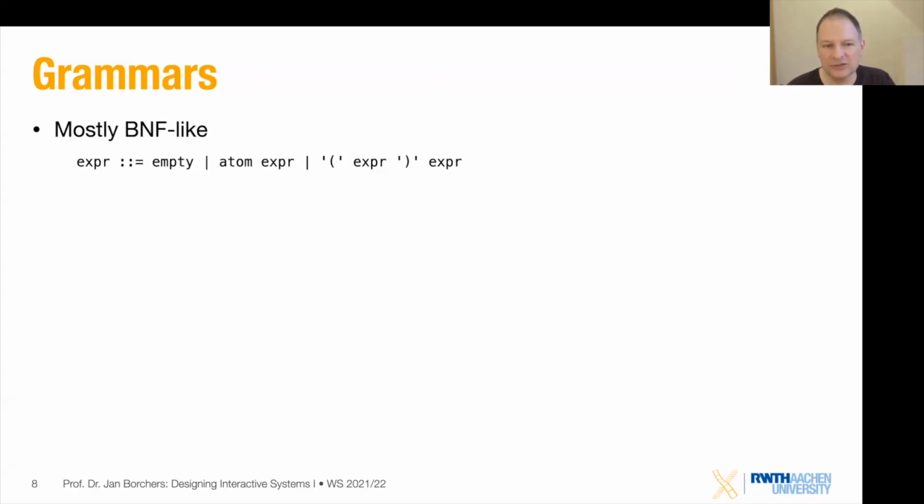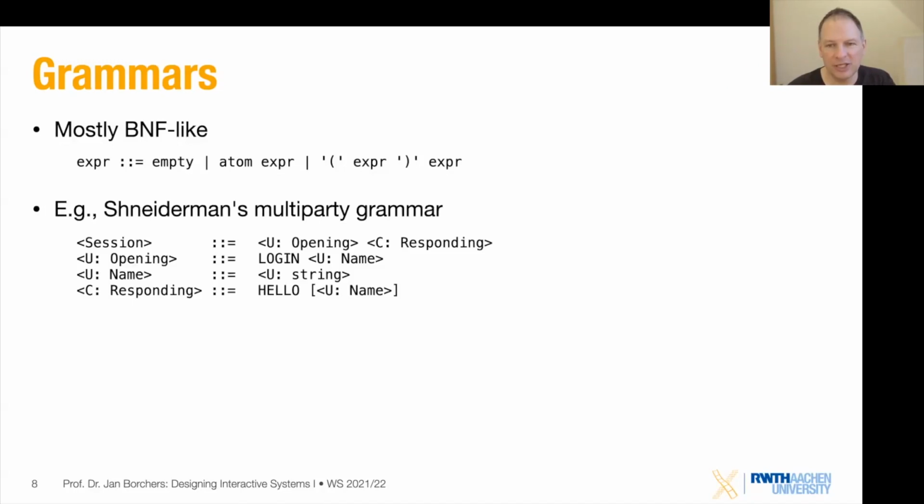So what does that have to do with the UI? Well, here's an example that slightly extends the BNF form into what's called a multi-party grammar. And this is described in Schneiderman's book on designing the user interface. What it does is it basically says, we're going to just extend the idea of a grammar a little bit, and we're going to tag each part of the grammar, each element, with either a U, which means this is something that the user is doing, or C for the computer, where the computer is doing something. So again,